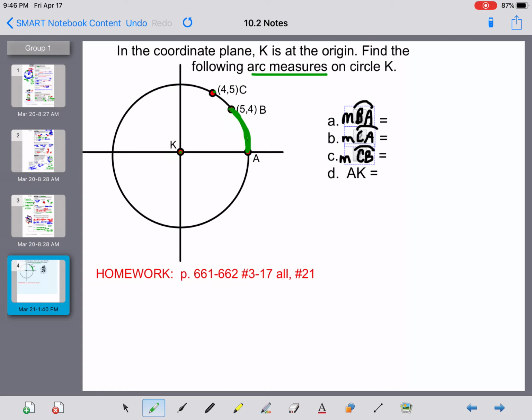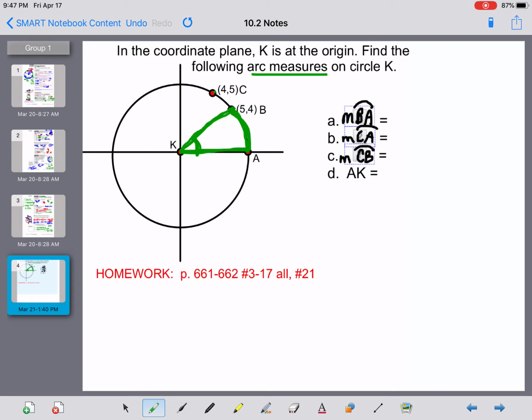And I will tell you, don't pull out a protractor. I'm somewhat known for not drawing to scale, so there's a good chance a protractor won't help me. I need to use some kind of mathematical rule. Well, I know from this section that if I find this central angle, it'll be the same thing as the arc. But once I find that angle,